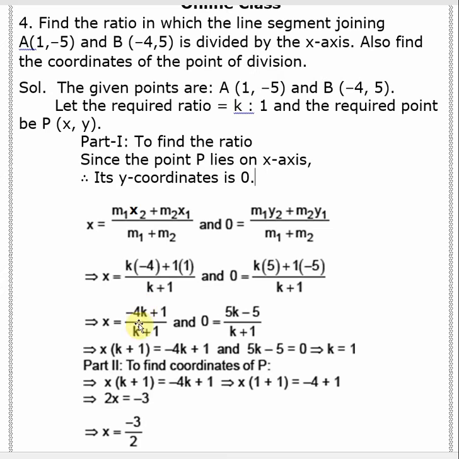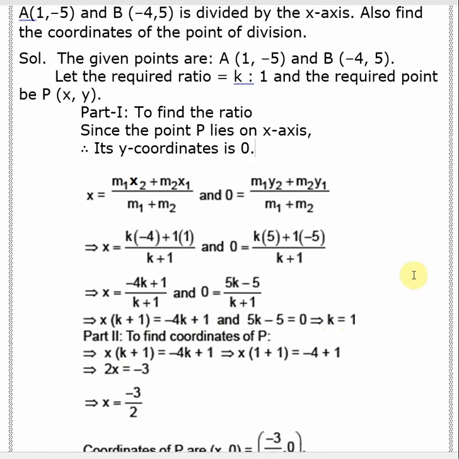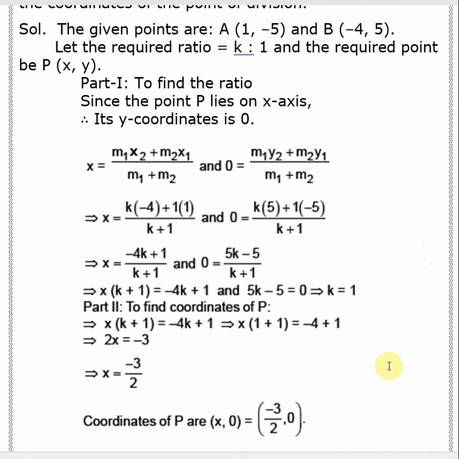This k equals 1 is put over here. From there you get the value of x. X is coming minus 3/2. The calculation is done over here, you can understand. So the coordinate of the point is minus 3/2 comma 0, or you can